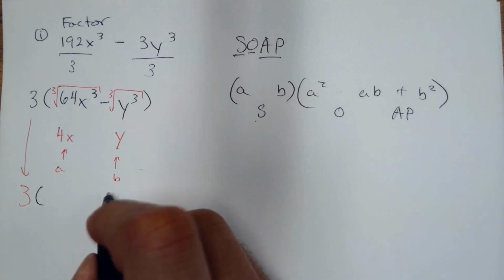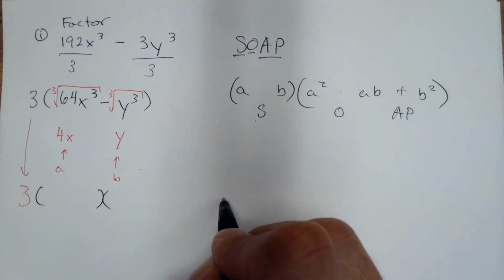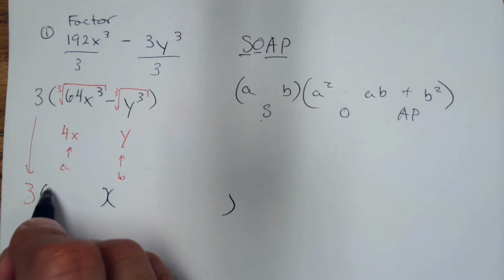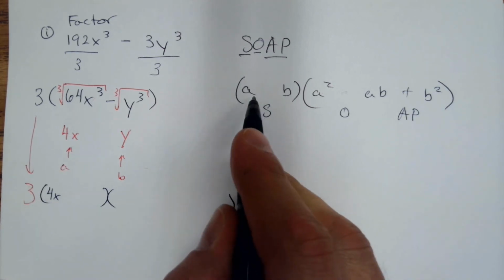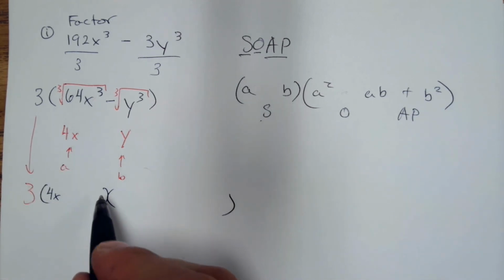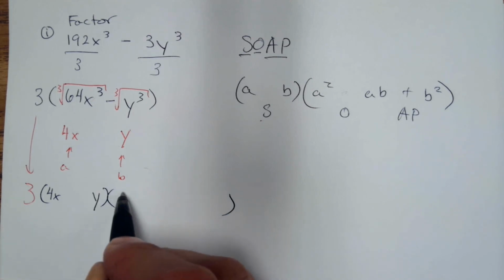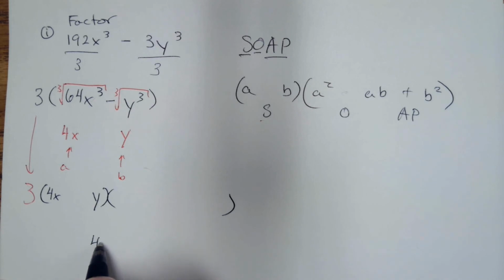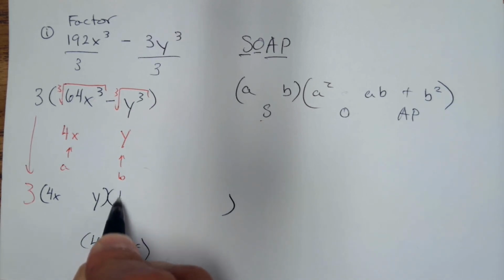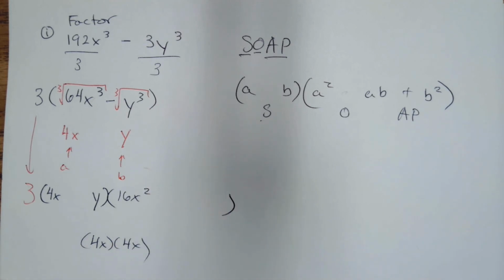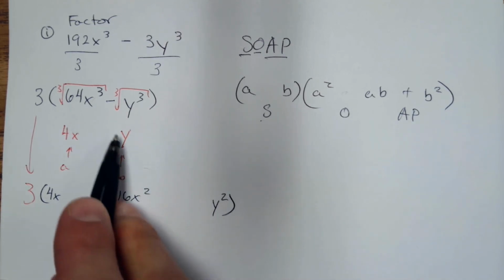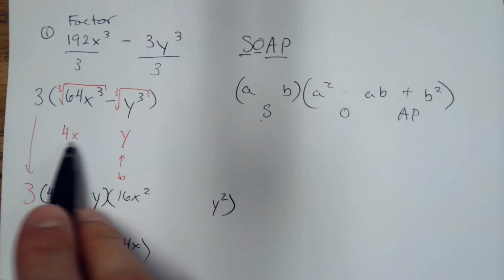And then I'll do small parentheses, large parentheses. A is for x, so that goes in the first spot. B is in the second spot, and that's just y. A squared, remember a squared is 4x times 4x. That would be 16x squared. And then b squared is y squared, just square that. A times b is